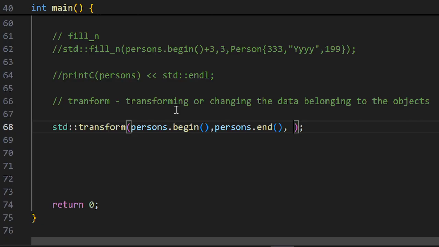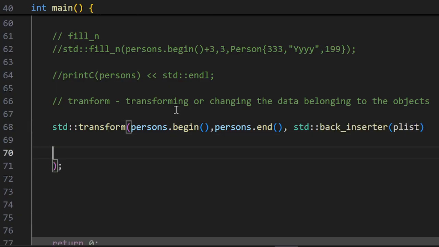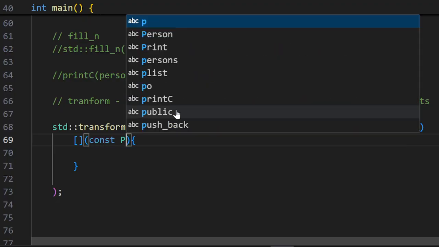So I want to write in plist by using back inserter. Then you want to specify what kind of transformation you want to realize. So you are doing this transformation to each object, so there's only one parameter in the lambda expression,